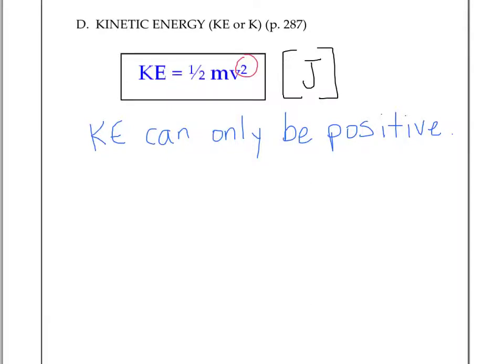Any other questions? We're going to versions